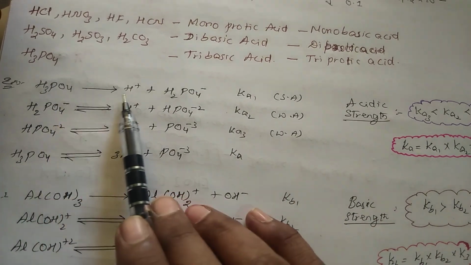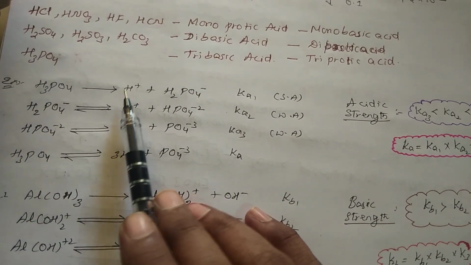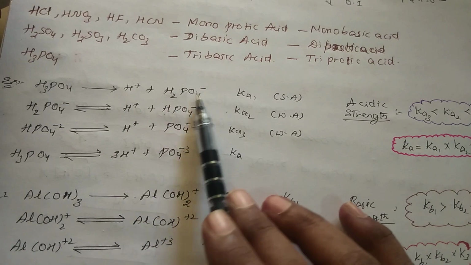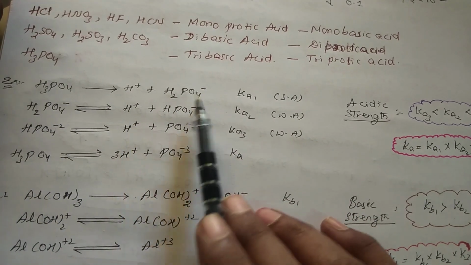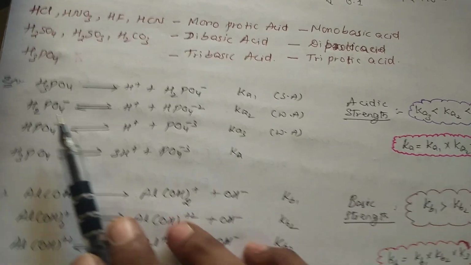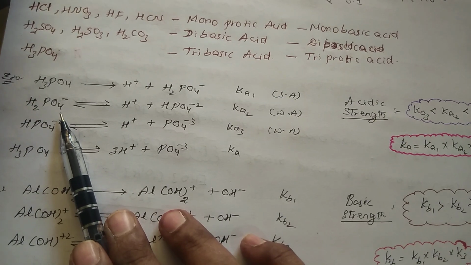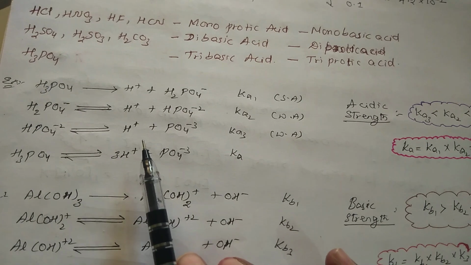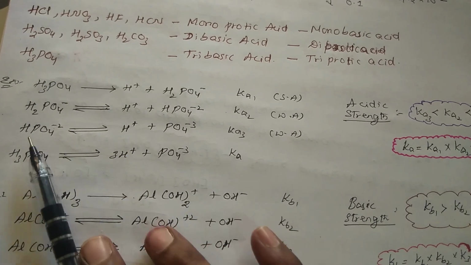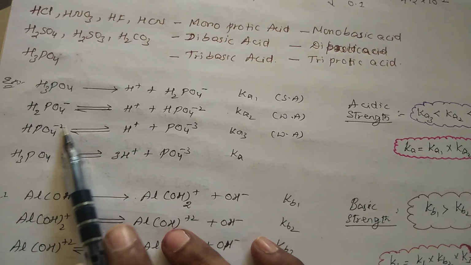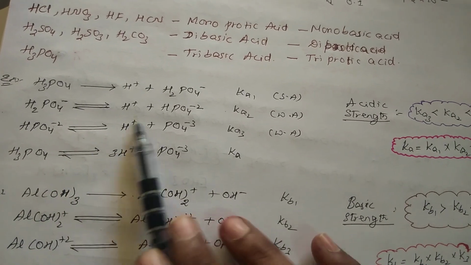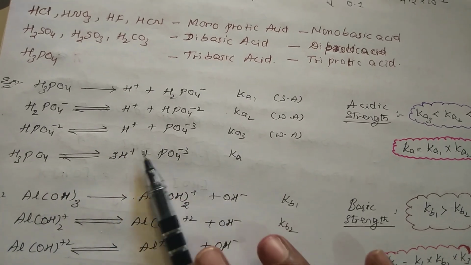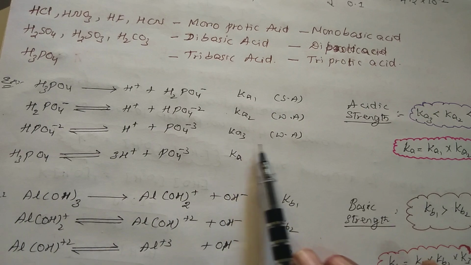Why am I taking it as a weak acid? Because it is somewhat easy to remove H plus from H3PO4. From H2PO4 minus, removing one H plus is very difficult because it has a negative charge. Removing a positive charge will face high difficulty; it will not easily give. From HPO4 2 minus, removing H plus is still more difficult because it has two minus charges. So it will not easily let H plus go outside. Again you get H plus and PO4 3 minus. So Ka3 will be a weak acid.